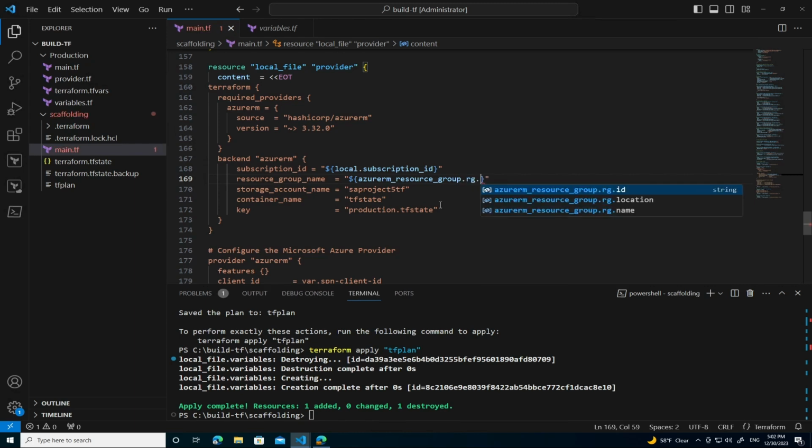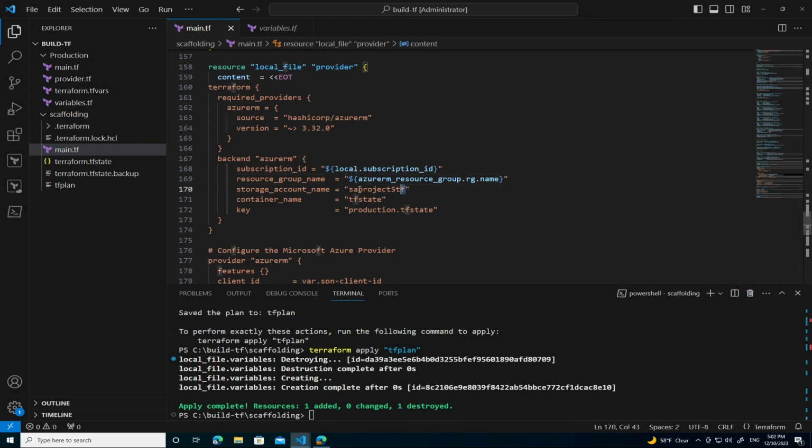.rg.name. And obviously, the similar thing for the storage account. So we want that to be azurerm_storage_account.sa.name. The container name, obviously we've got that, we can draw from our code as well. So azurerm_storage_container, I think. Is that what it's called? Storage container. Yeah, container dot